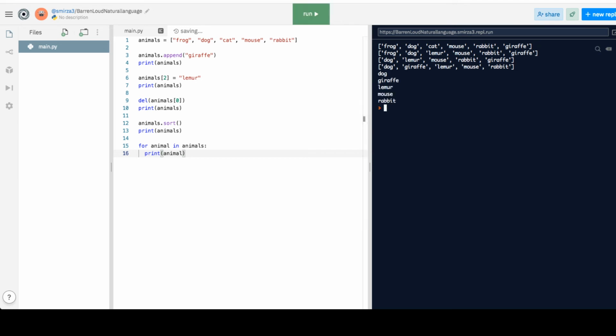And there you go. It looked like REPL was just being a bit slow there. So that's printed them out for me. I could do the if statement. So I could say if giraffe is in, and then the name of my list. I can print